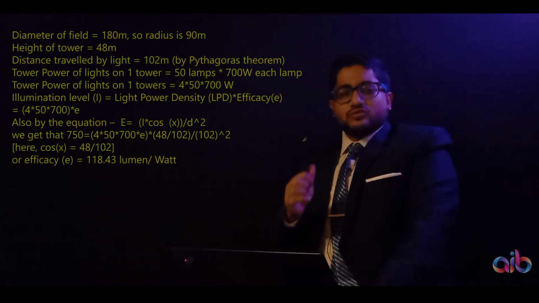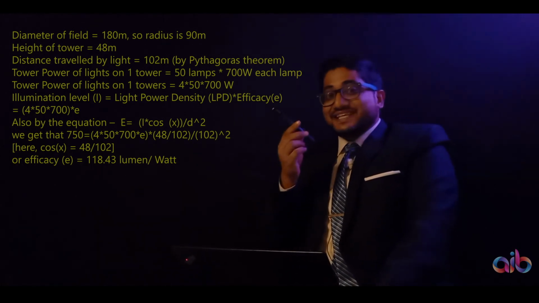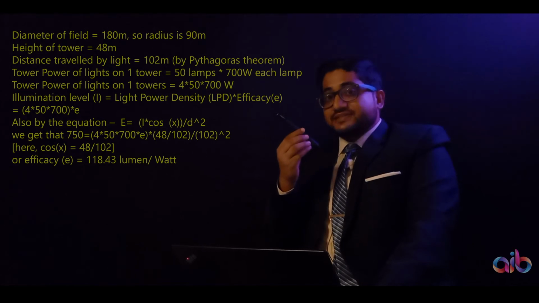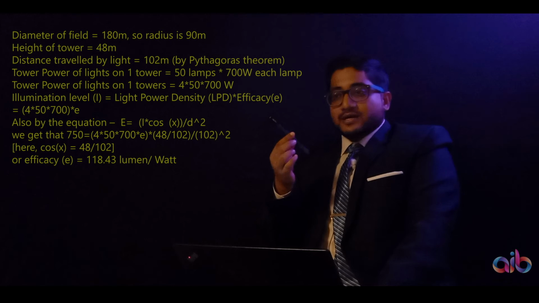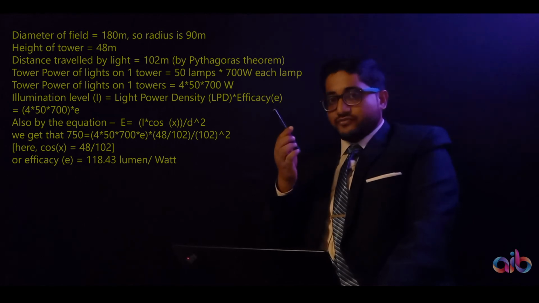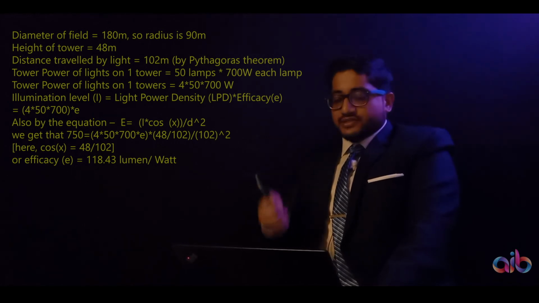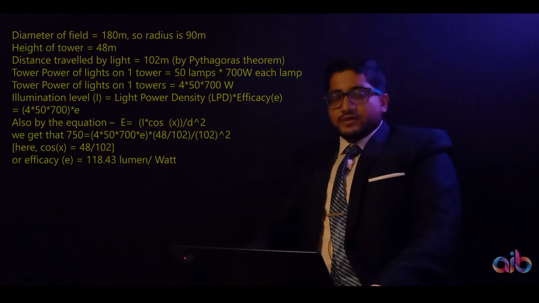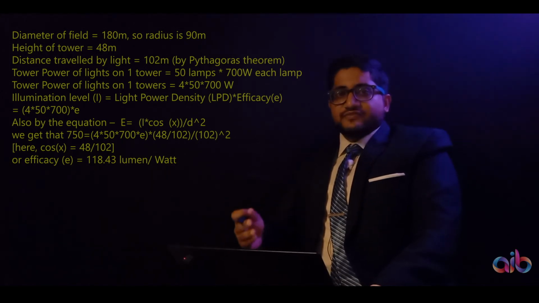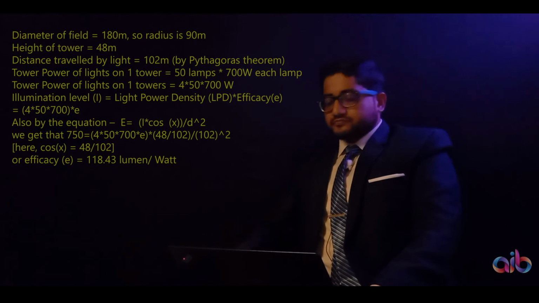Now, the hypotenuse, so the distance, you have received. This is the critical distance which I always tell my students in classroom sessions, that this distance is all that you have to find out first. You got the distance. Now we will move on to the next part of the answer. In part 2, if you remember the formula that I just shared with you in the last question, power into efficacy gives you illuminance.